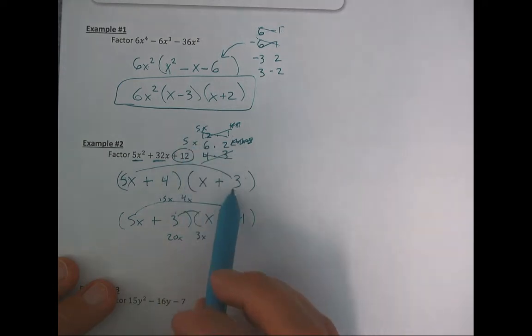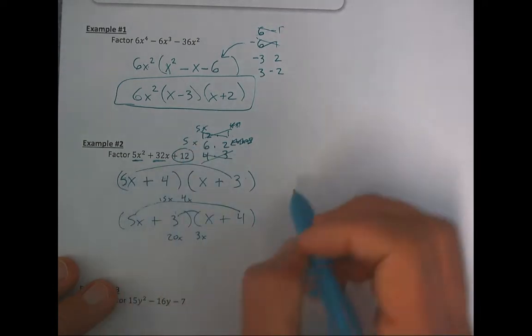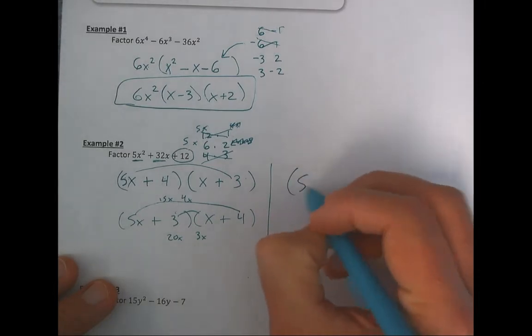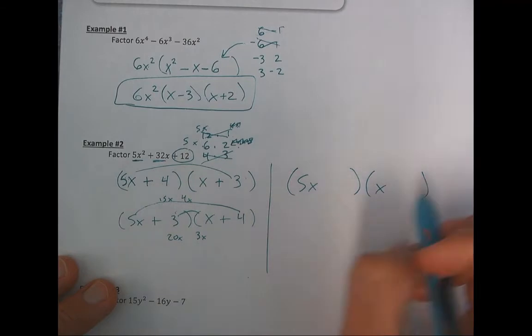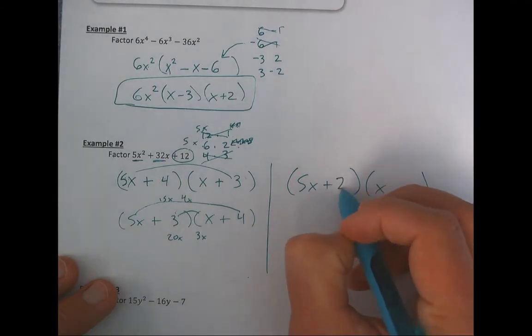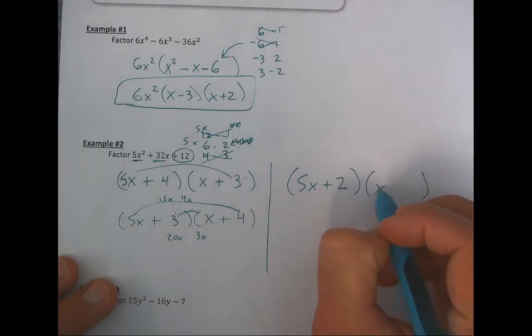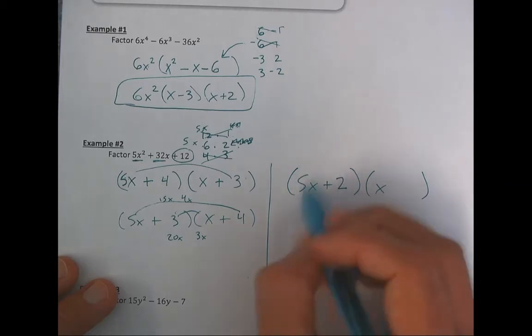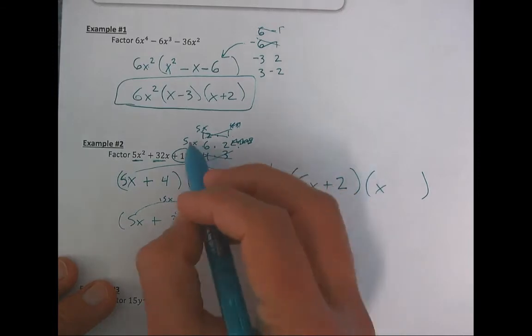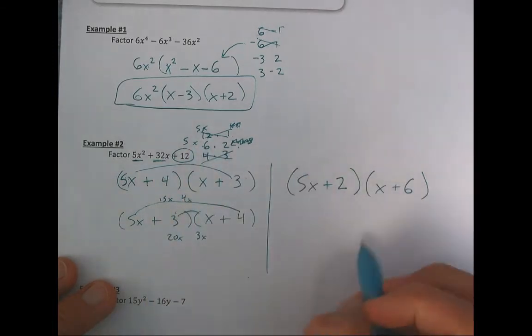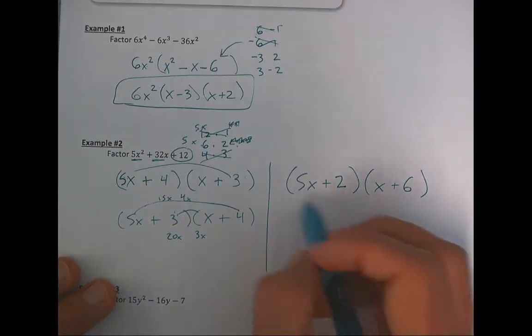So the 6 needs to go in this spot, so it does receive the 5. So I know I have a 5x and an x, and it's 6 and 2, but I got to put the 2 here, so that only interacts with the x. These two never get multiplied, right? If they're in the same set of parentheses, they never get multiplied. So the 2 needs to go here. The 2 is not times by the 5. The 6 is out here. And this is your